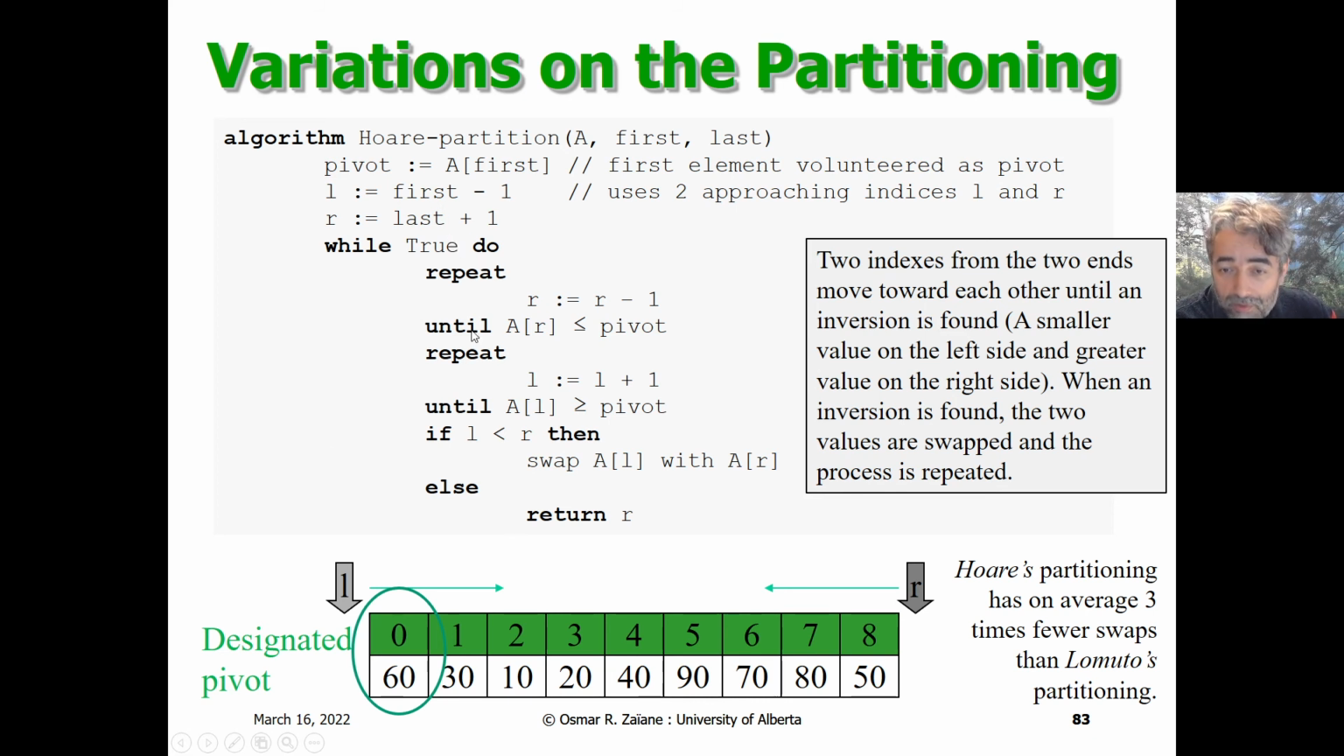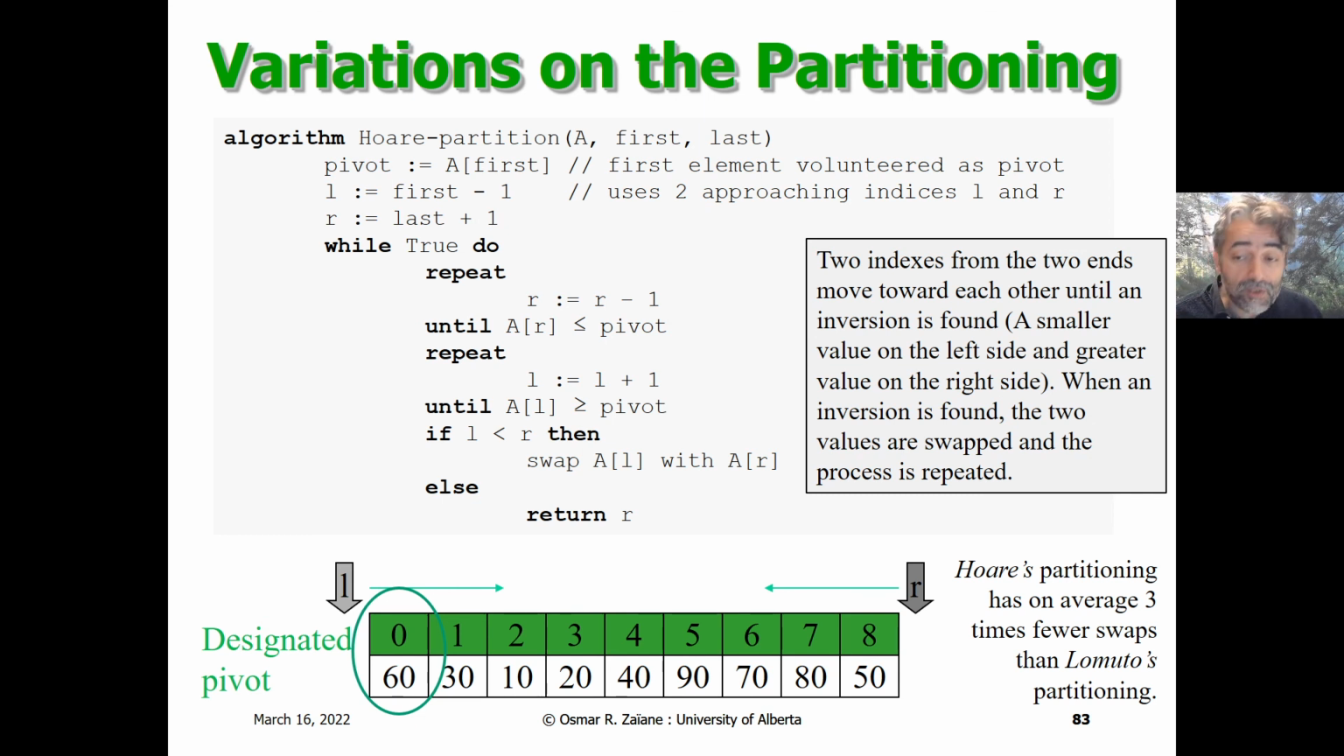It's not finished yet. I'll run R again towards L. I will run L towards R until I find somebody who is in the wrong place. So A[R] is actually smaller than the pivot, and A[L] is bigger than the pivot. And if I haven't crossed L and R, I will swap them again. Okay? And otherwise, I am done. If they cross each other, I am done, and I return R. Otherwise, I do it again, and again. The return is what takes me out of this infinite loop, because it's taking me out of this function. I return R. Okay? So Hoare partitioning apparently has on average 3 times fewer swaps than the Lomuto's partitioning, and